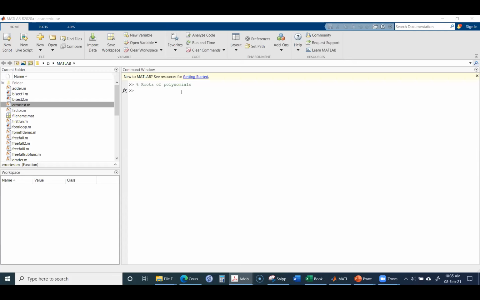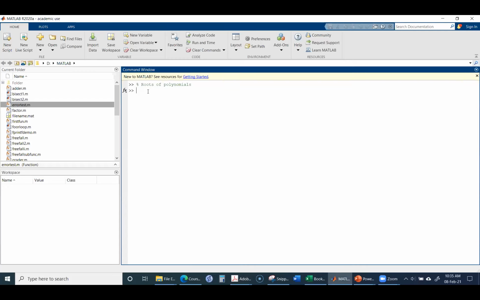First of all, there is a way of representing a polynomial in MATLAB: we can represent it in the form of a row vector. For example, if the variable we choose is a for representing that polynomial,